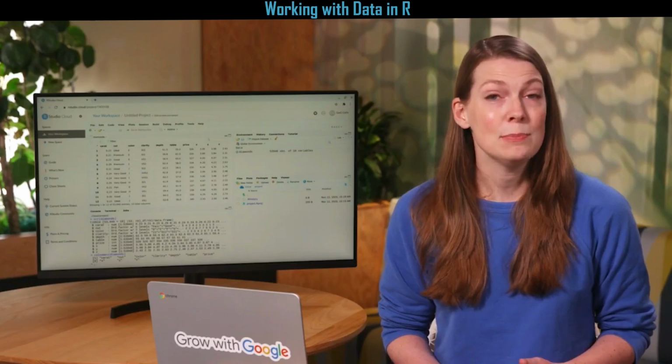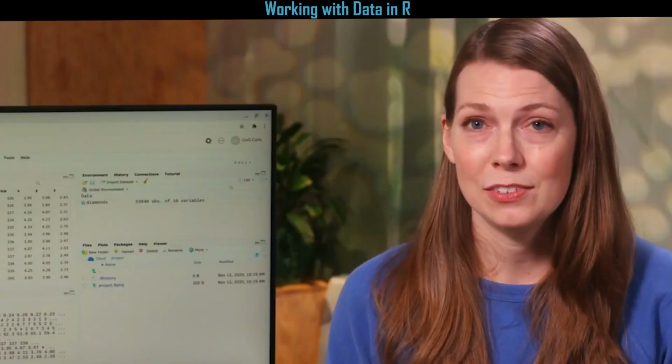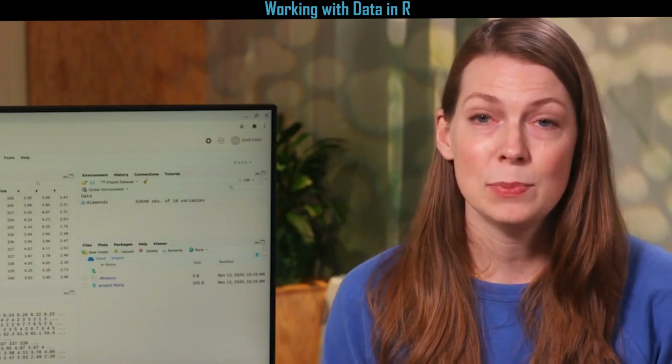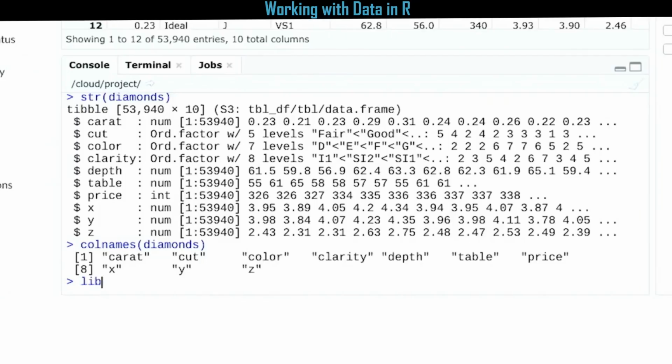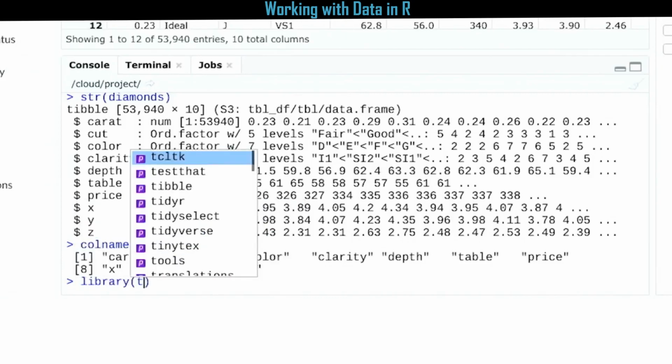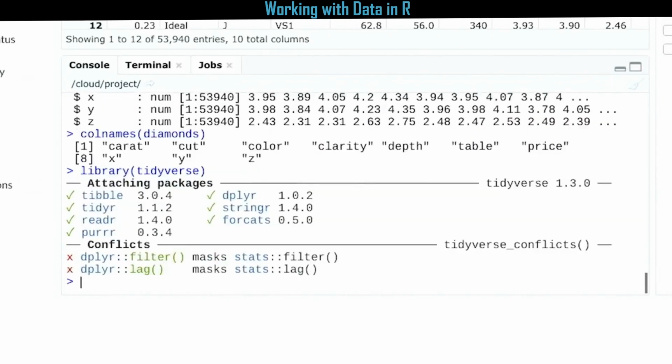We can also use the mutate function to make changes to our data frame. The mutate function is part of the dplyr package, which is in the tidyverse. So you'll need to load the tidyverse library before you test out mutate. Let's add a new column first. All we have to do is input mutate and then tell R we want to add a new column to the diamonds data frame. We'll first call mutate,